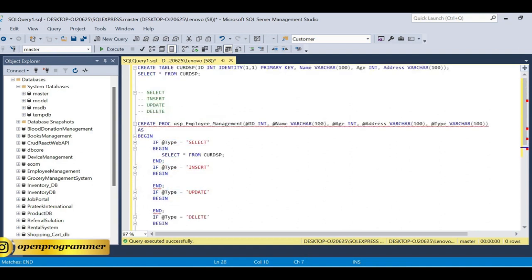And if we type insert, then it goes to this block. So let's write the command. Insert into the table name. Sorry, I misspelled this. So name, age, address,